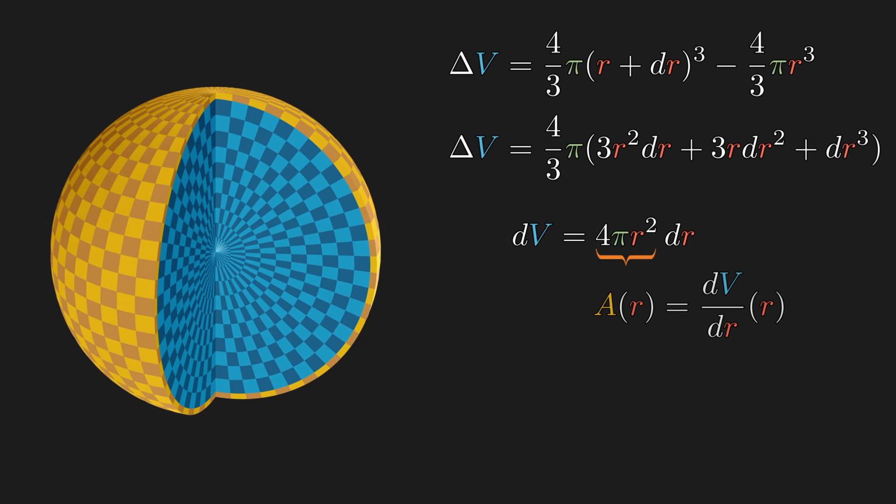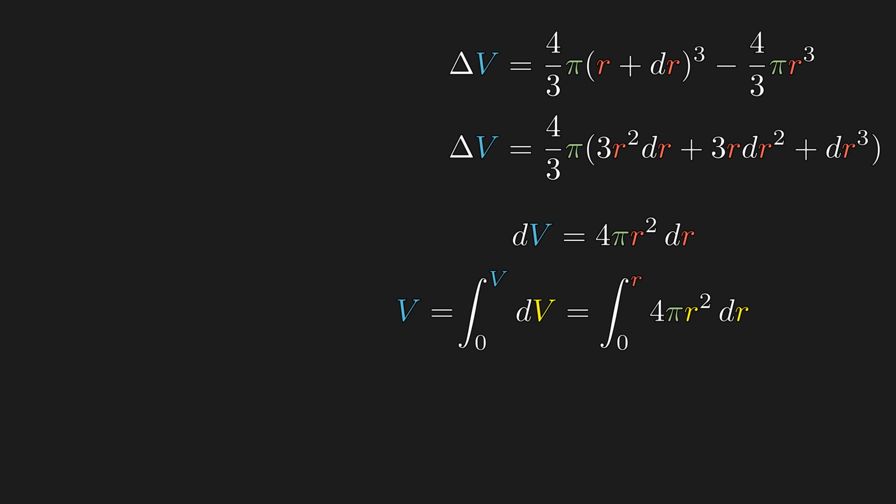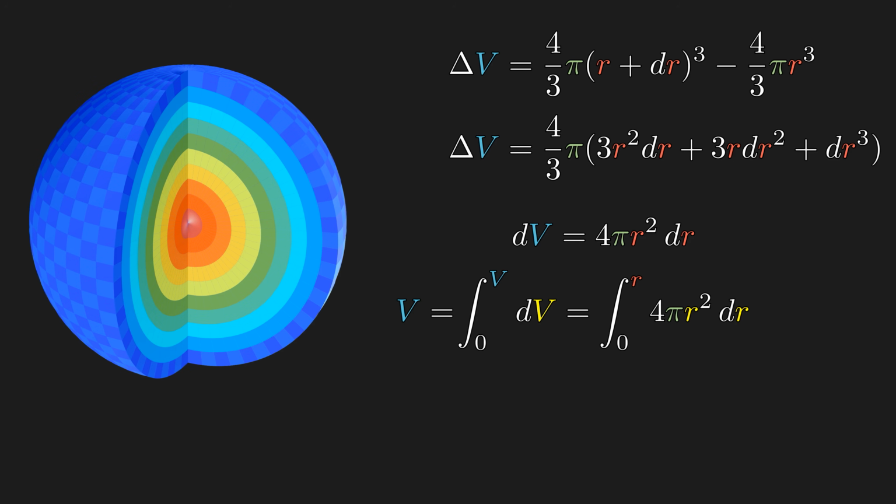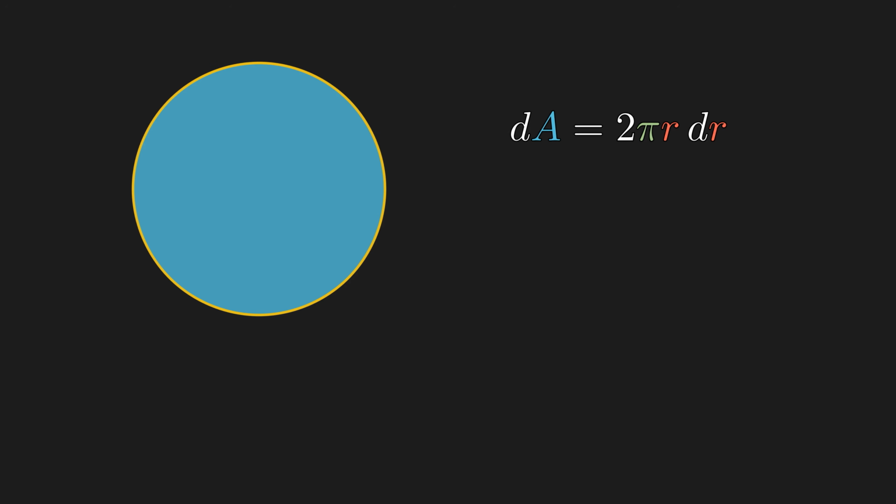Since we have differentials, we should probably attack it with some integrals. I use bright yellow letters here for dummy variables. And this tells us that if we add little volume elements up, then we should get the exact volume of the sphere. This radial symmetry is what allows this nice relationship between the volume and the surface area, so you could perform the exact same analysis on a circle as well.